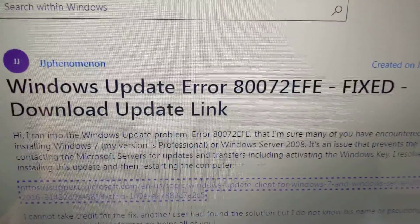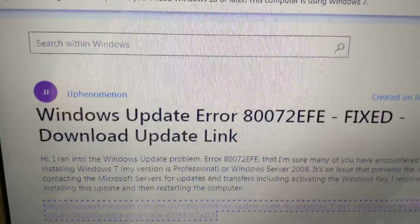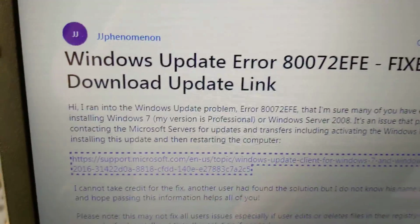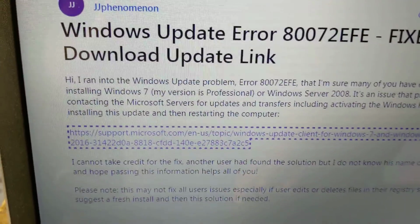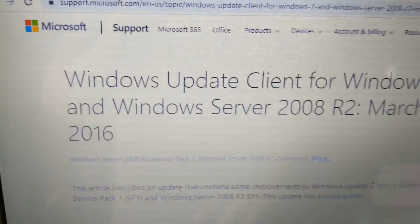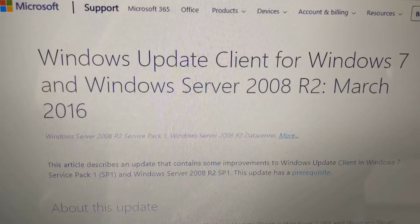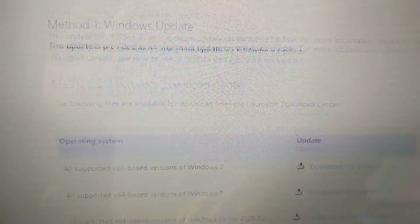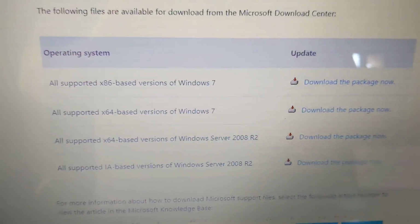If you're getting this update error on Windows 7, you might be able to fix it by going to this link over here to get the update. It's this one. So you can't run the Windows Update Checker because you need this file, and so you can download the package here